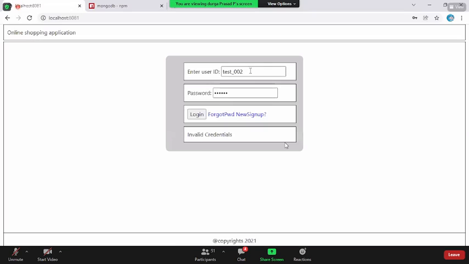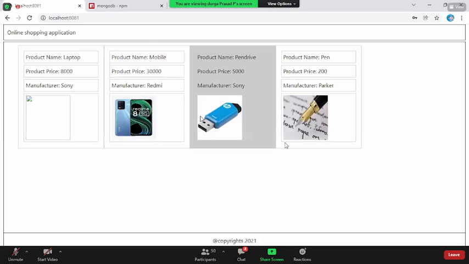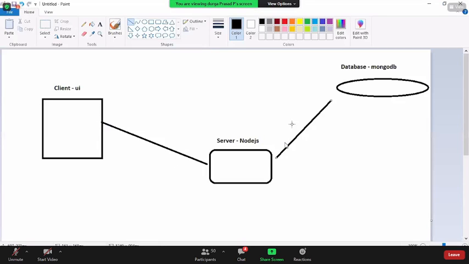Okay, go here. Now if I give 3 and click on login, invalid credentials. But if I say 2 and click on login, it is validating from the database. Accordingly, the UI is getting responded. Yes, sir. That is how simple you can make this complete flow. Till now, we were hard coding all the data from the UI or from the server. From now, no hard coding the data.